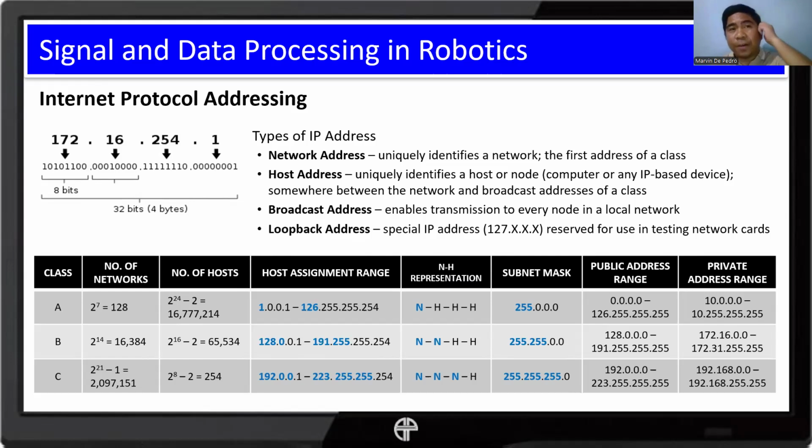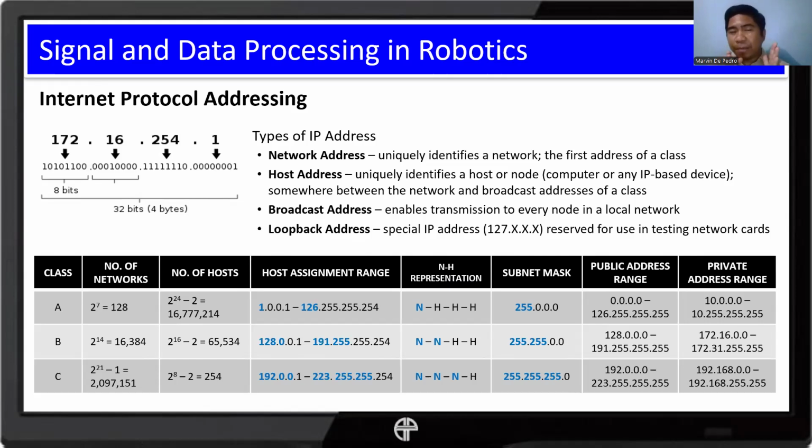So especially if our robots have IoT components or IoT features, like they allow remote control or remote monitoring, then the robots must be identified with an IP address once it gets connected to a computer network or once it becomes part of a computer network.